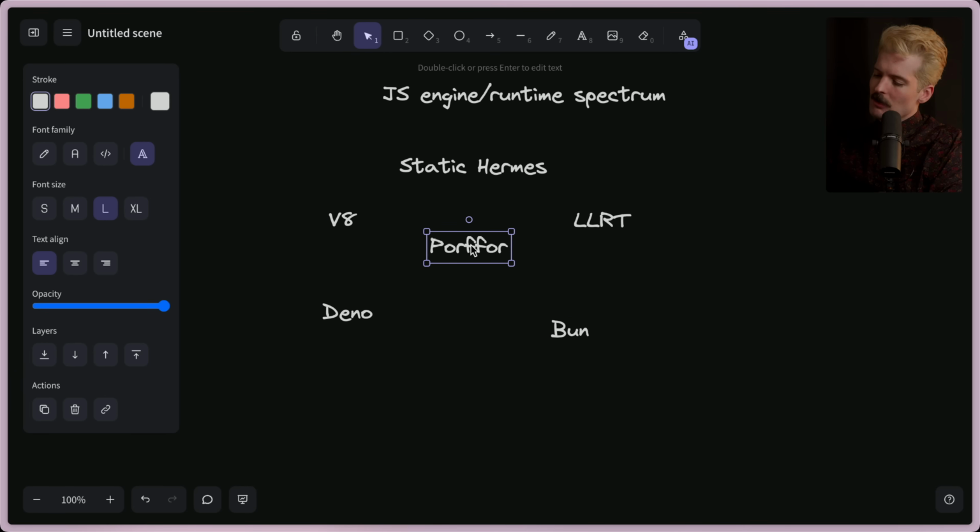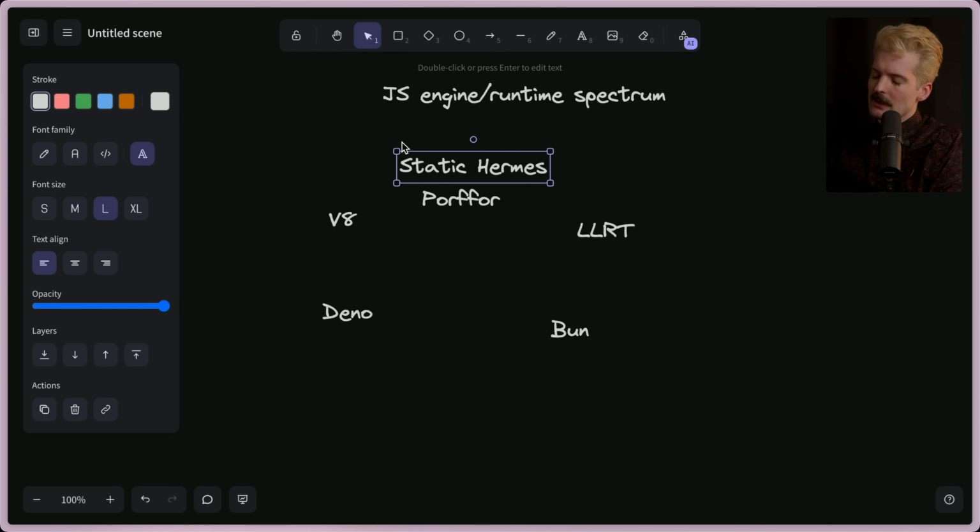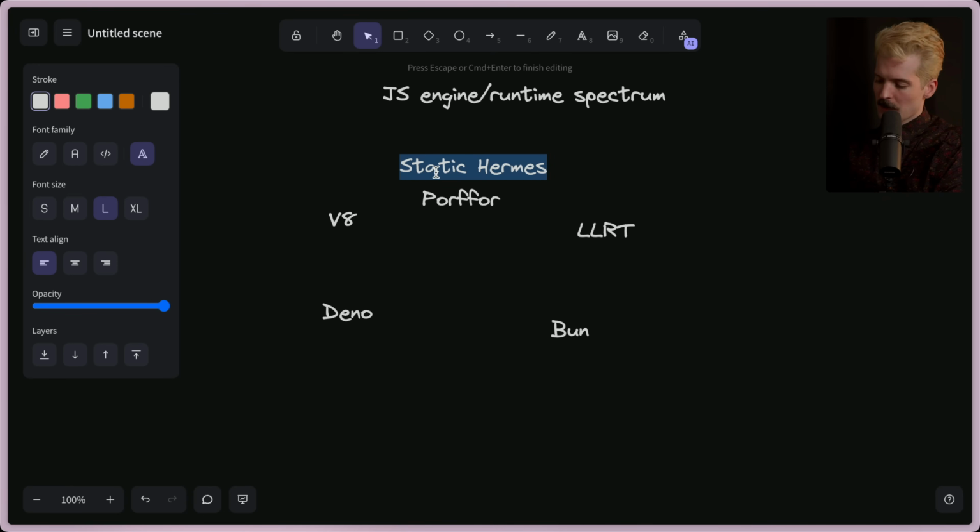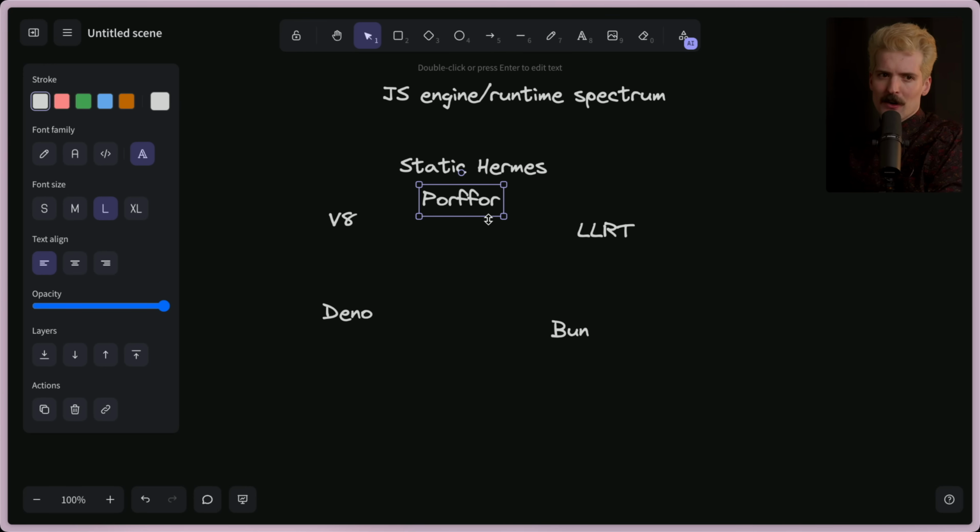Where do y'all think Porffor leans? What do you think it's competing with? My assumption initially was that Porffor was competing with static Hermes, which for context, static Hermes is the attempt by Meta, Amazon, and a few others to allow you to compile your type-safe JavaScript code, be it in Flow or TypeScript, to native code. And it uses the type definitions to figure out which memory to map, which types to use on a lower level, so that it can use those type signatures to make more optimal code. And since Porffor is compiling to assembly and then native code with C, the immediate assumption I would have made is that it was close to this. Honk has since made it very clear that is not the case.